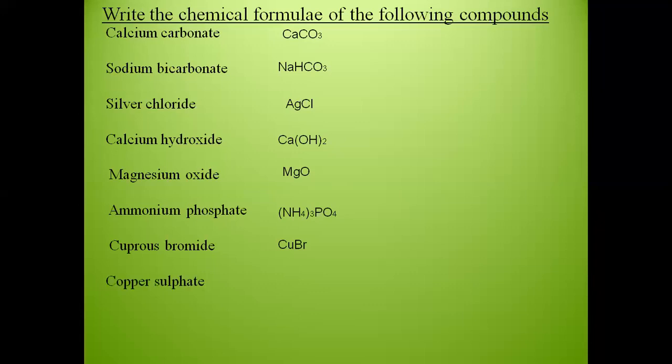Moving ahead, one more, copper sulfate. I think copper sulfate is such a common term which we use repetitively. You should be able to give me the answer. Copper is Cu, sulfate is SO4, Cu valency 2, SO4 valency 2. Both the two get cancelled, so I get the answer as CuSO4. Now the question which might come to your mind is, ma'am, here you have written copper, so how do I come to know, should I take the valency as 1 or should I take the valency as 2?